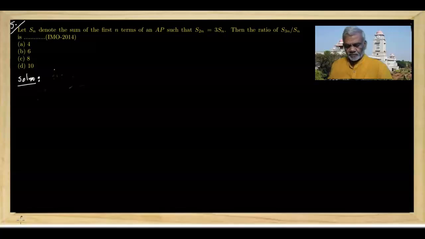Problem number 5. Let Sn denote the sum of the first n terms of an AP such that S2n is equal to 3Sn. Then the ratio of S3n by Sn is, 4 choices are given: 4, 6, 8, 10. Now we have to find out which one is true. Now here